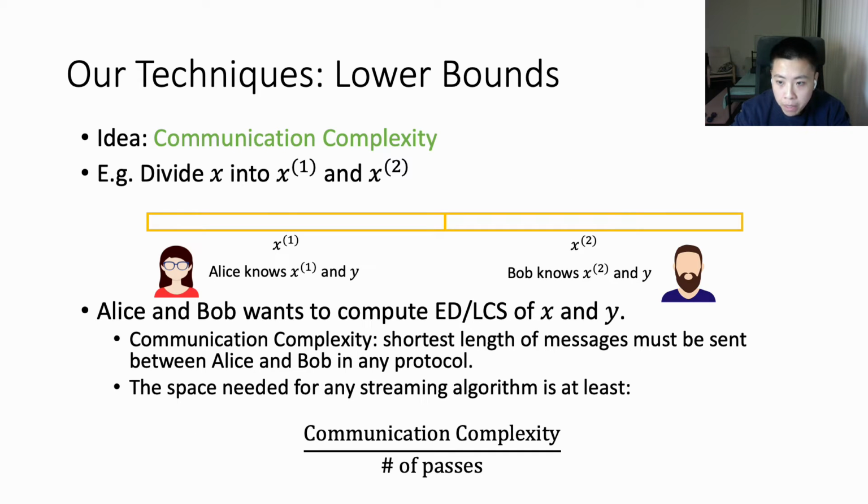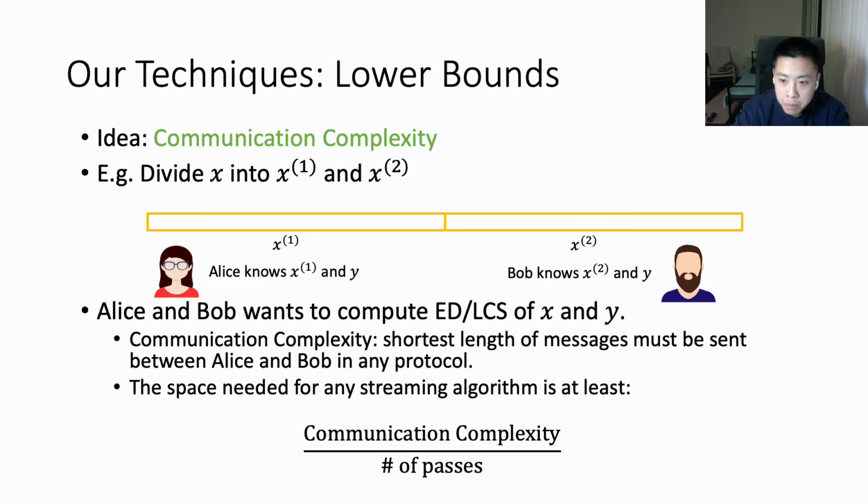For example, consider a two-party communication scenario. We divide the online string x into two parts, x1 and x2. Alice knows x1 and y, and Bob knows x2 and the offline string y. Alice and Bob want to compute the edit distance or LCS between x and y. The communication complexity is the shortest length of messages that must be sent between Alice and Bob in any protocol,